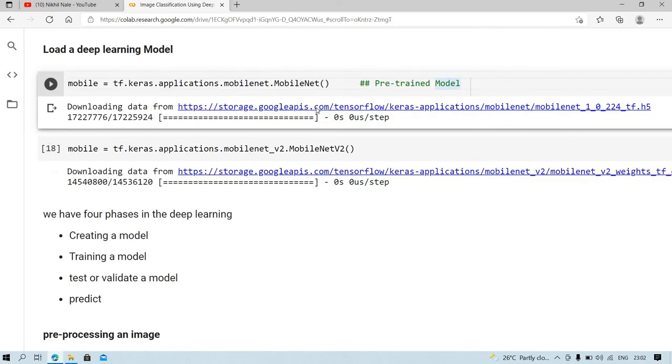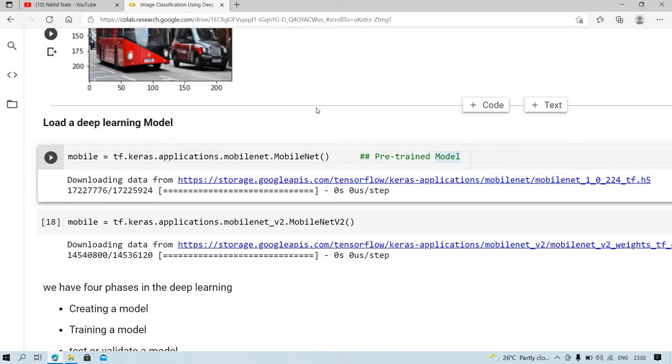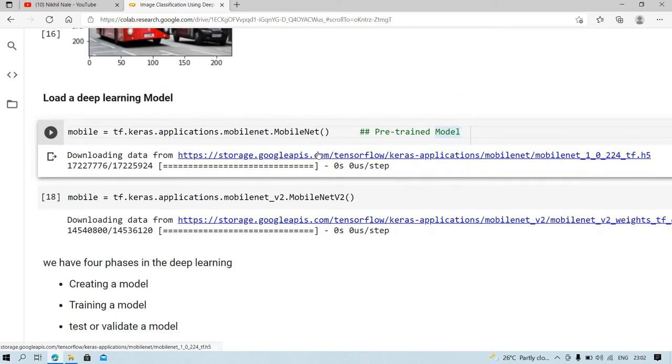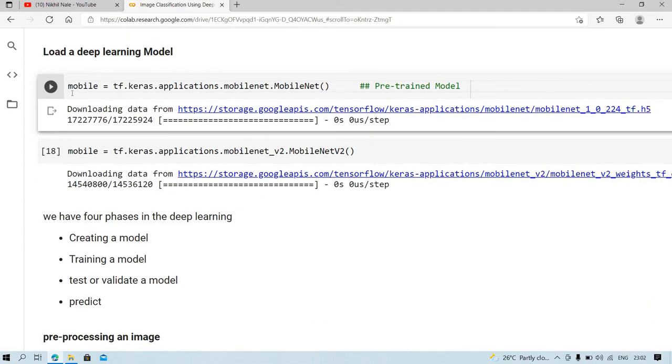MobileNet has three versions: MobileNet version 1, MobileNet version 2 and MobileNet version 3. In this video we are going to use MobileNet version 1 and MobileNet version 2 for prediction.